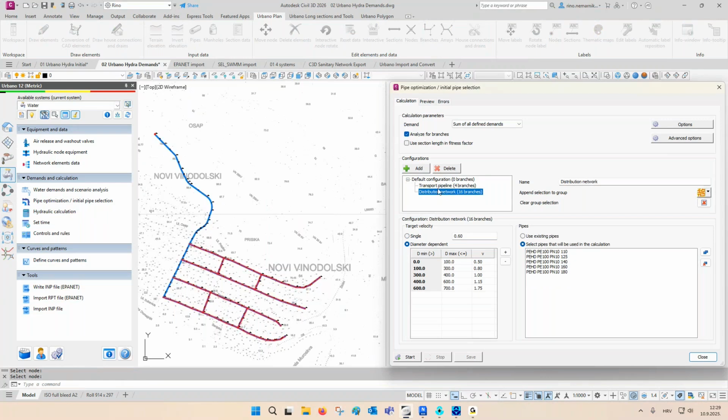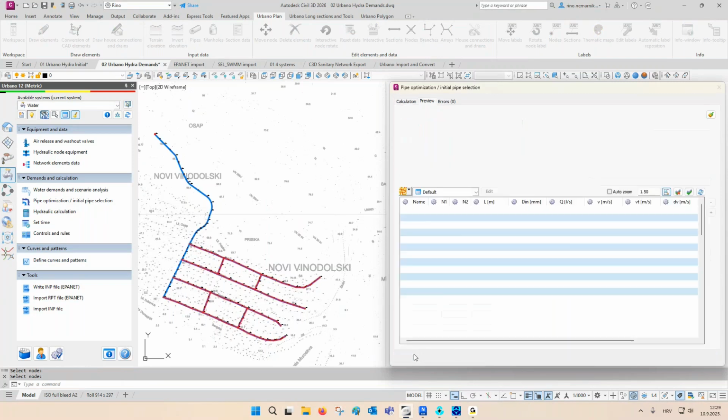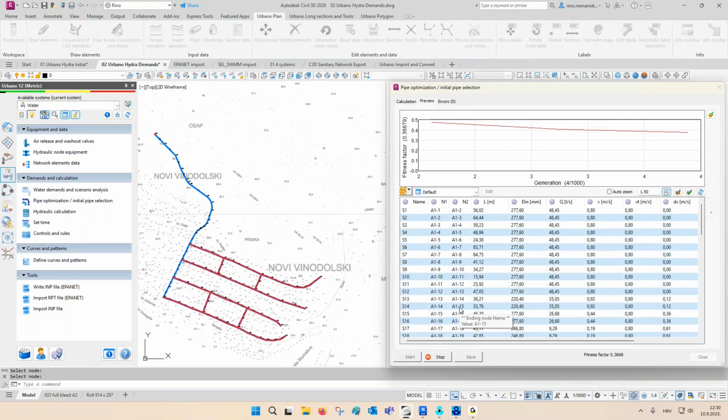For each group, you can define target velocity, and you can define it as a single value or as a diameter dependent value. So this is the option that I will use. And also for each group, you can select from the pipe catalog which pipes are allowed to be used in that group. So now when I click Start,